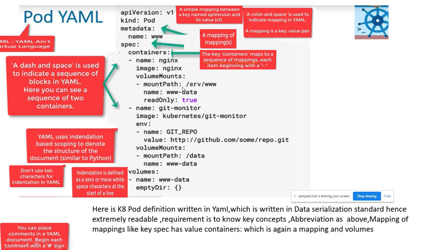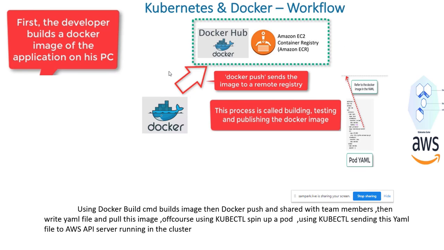Replicas, like how many replicas we need of this container. And then, to push this YAML file to the AWS cloud or the Azure cloud or GCP cloud, we have to use kubectl commands. Before sending the YAML file to the AWS cloud,